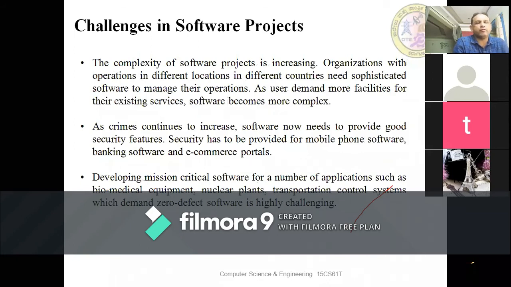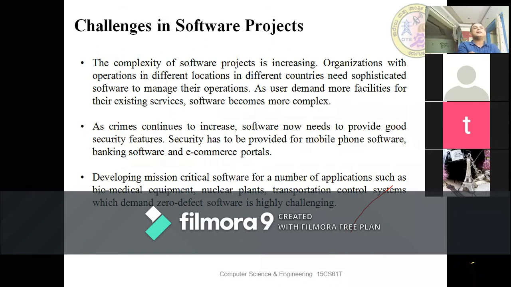See, we want software to have more features. The smartphone with more features, more speed. We want to do fast calculations. We don't have patience, so we want a higher speed phone, a large storage capacity, and a phone with a large RAM, and so on. So these are all the challenges the industry has to face.